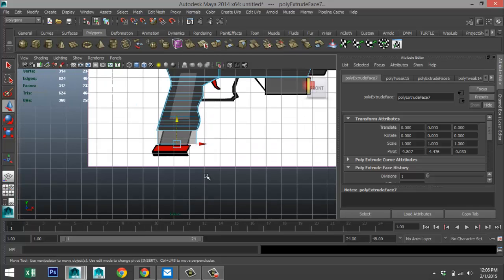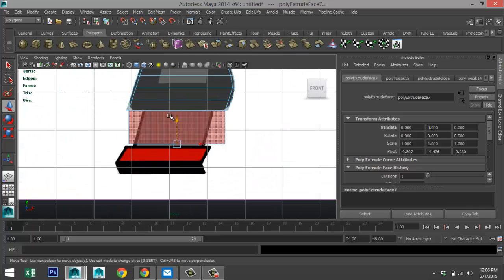Have to zoom in. Okay. We're going to need to narrow that down a bit.